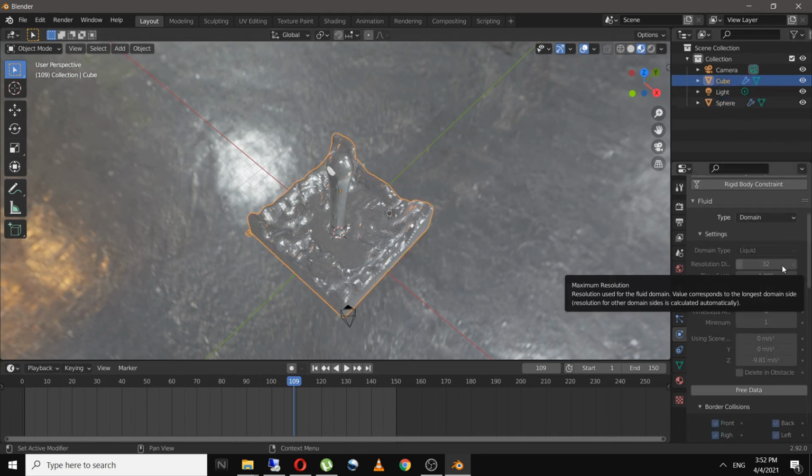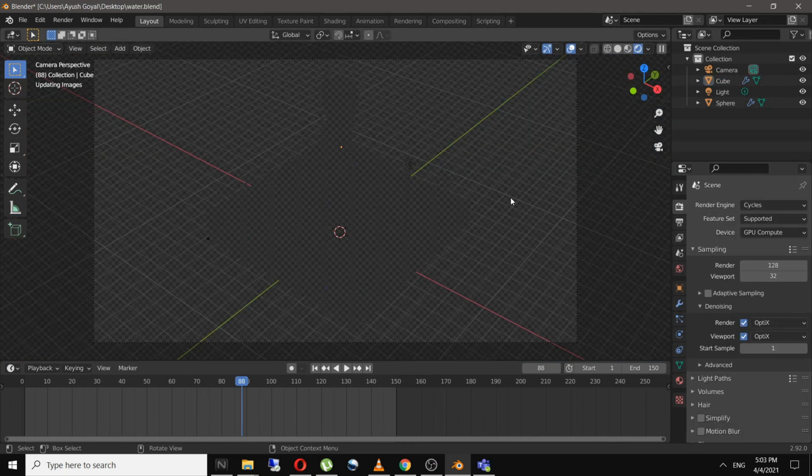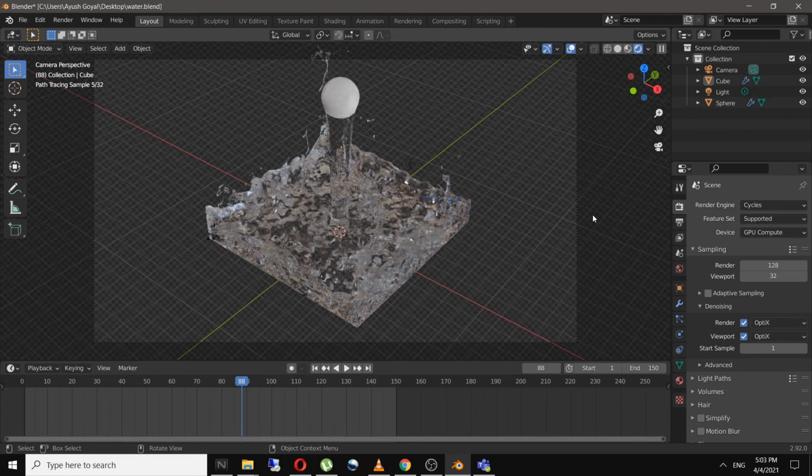So I will increase the resolution over here from 32 to maybe 128 and bake this. And now if you view this on render view, it looks way more realistic.